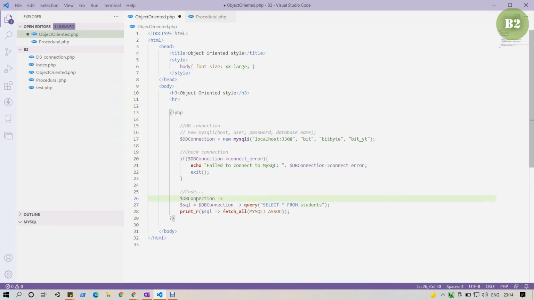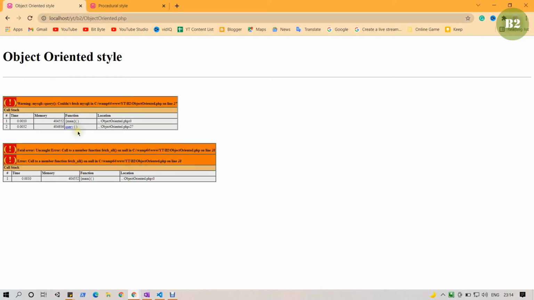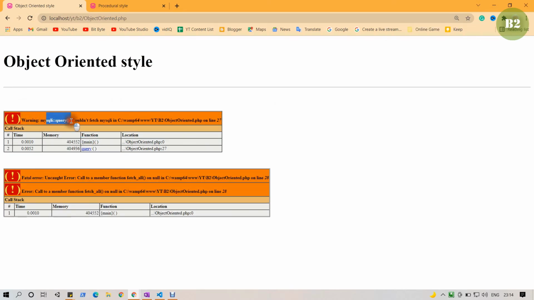Now we add the close function in front of the SQL query and run this again. Now the SQL query returns a warning or fatal error, because we closed the database connection before executing the query.